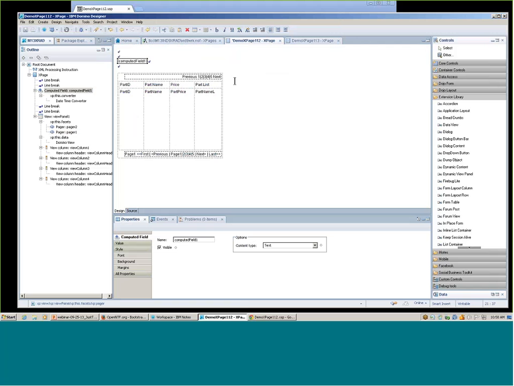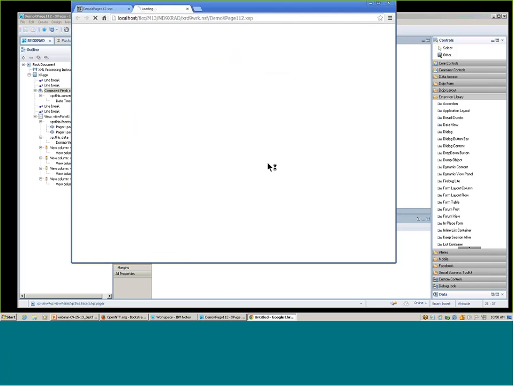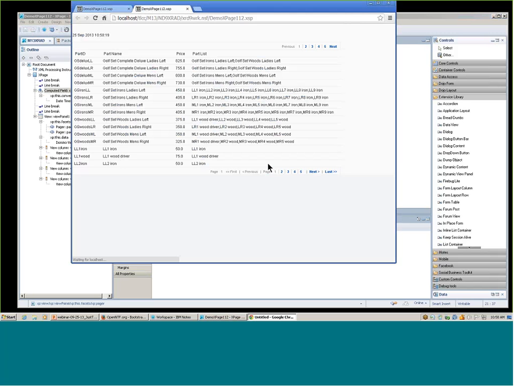So one thing that I could do with this new understanding of facets is I could take this computed field control, and let me just preview this page to show you what that's showing us. This is a computed field control that's using the @Now function to return now's date and time. What I want to do is move that computed field control into my footer facet to replace this pager at the bottom.